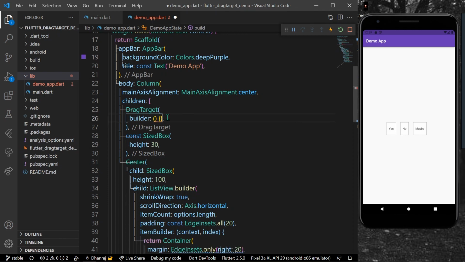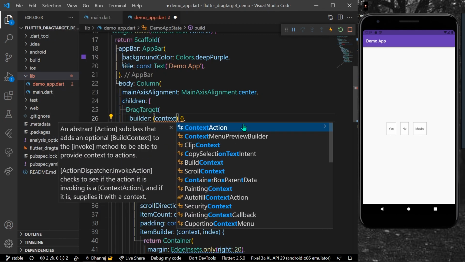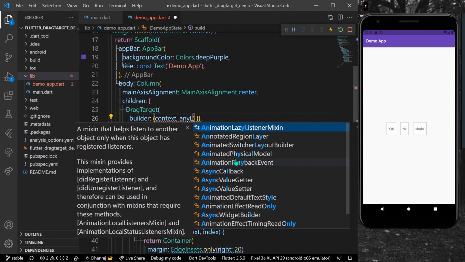It takes in three values, which are a BuildContext, a list of Object, and a list of dynamic. For now we'll simply give our context, which is BuildContext, and write any list for the list of objects, something like anyList, for example.